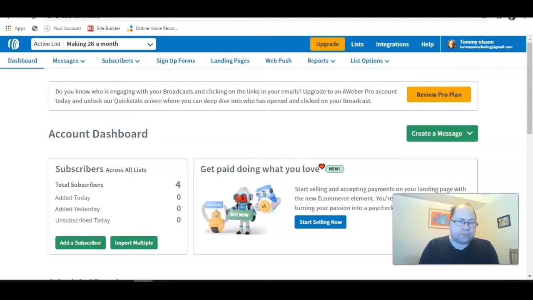First I thought I should explain why web push is so powerful when it comes to generating leads. When you have that on a page, it could be a capture page or your blog, and then when they visit that page, a pop-up message comes up asking if you want to allow web push notifications, and if they click yes, as soon as you send out a new message, a new campaign,